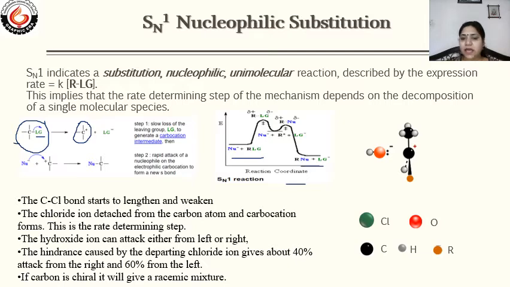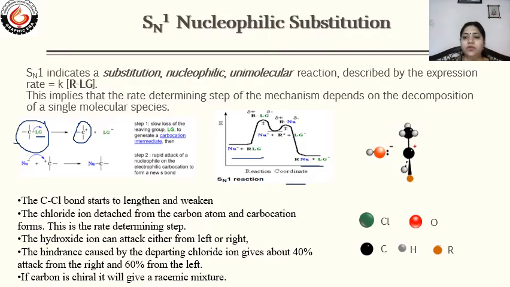In this case, there are two possibilities. Because a carbocation is formed, the nucleophile can attack from different sides, and it depends upon the hindrance how much of each product is formed. If the carbon is a chiral carbon, meaning all four groups attached to the carbon are different, then the product will be a racemic mixture because it will